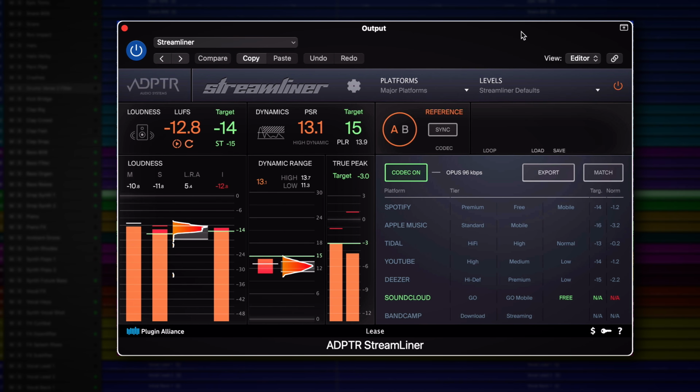But how can you actually translate this into mixing and mastering moves that will help your audio sound better? Well, first is going to be the ceiling on your limiter, as we just saw. If you know that your mix is going to be distributed to a few different streaming platforms, then you can audition how your track will sound on each platform through different codecs at different bit rates. If you set Streamliner to output the SoundCloud free decoded version, then you can check your main output on your DAW to ensure there's no clipping taking place. If there is clipping, then you know that you need to bring that limiter ceiling down to compensate.